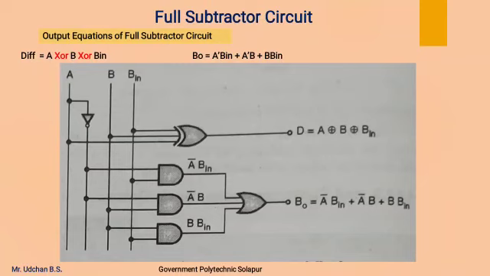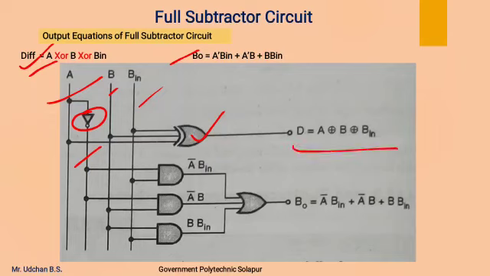After that, from these two equations we can draw the full subtractor circuit using basic gates and required gates. So in this equation there are variables A, B, B in and A bar. This is the A line. Using NOT gate we can get A bar line, B and B in. First we can get the expression of difference using a 3 input XOR gate to which A, B, B in are connected, which will produce the difference output, that is A XOR B XOR B in.